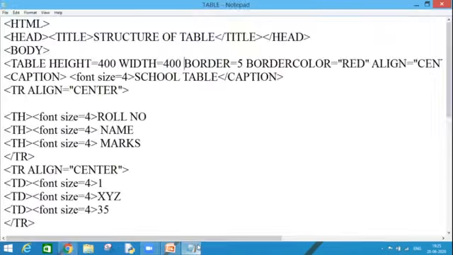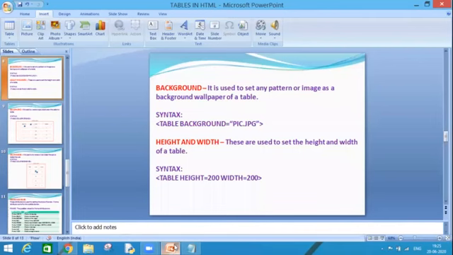Now let's come back onto the slide. There is another attribute by the name background. Like BG color, we have used the background attribute also inside our body tag. And what is the importance of this? That it places the background image.